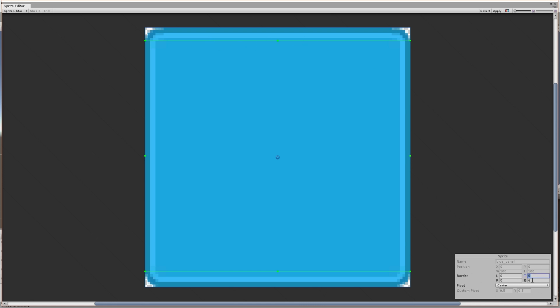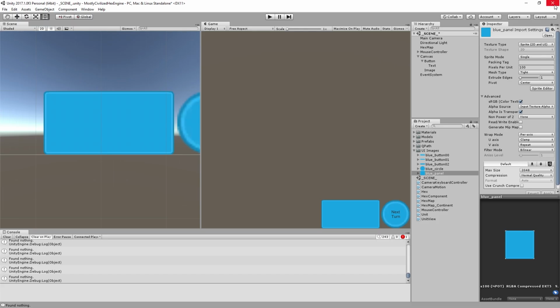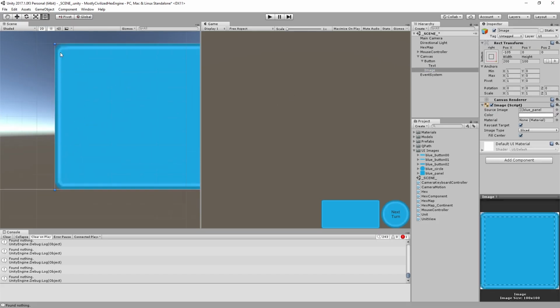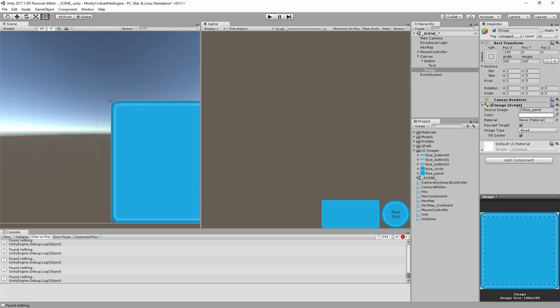So we'll have a border of 6 pixels on the top and bottom, and the same on the other side too. You don't have to have the borders literally be the same depending on how you want to use it, but it'll look better in the end if we do it. So we're going to do that. We're going to apply. So now this image has a border, and what's great about this is that our image over here is using that border to generate a rectangle where no matter how I stretch it,